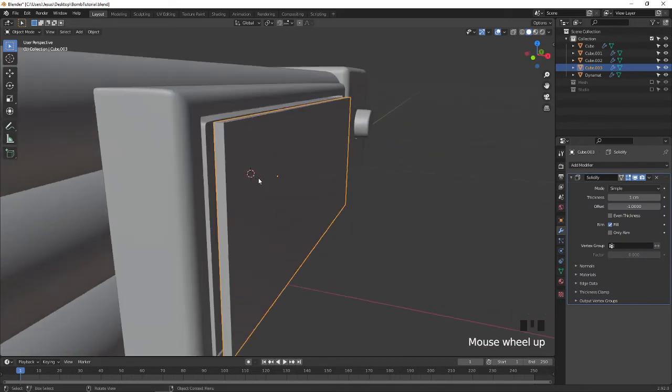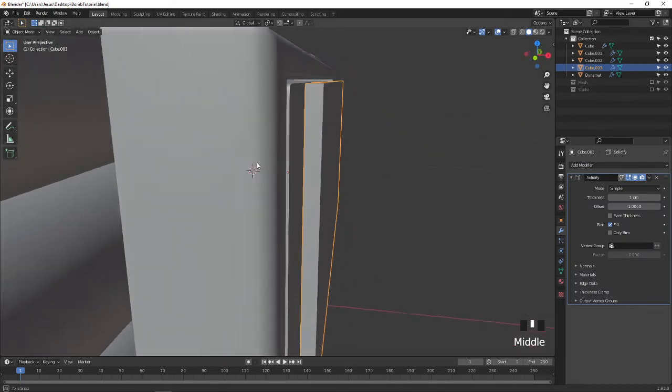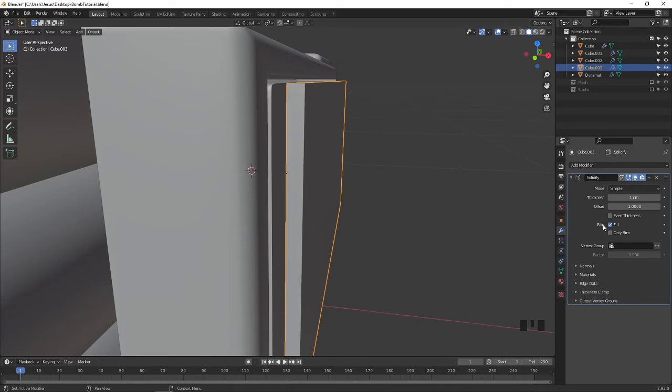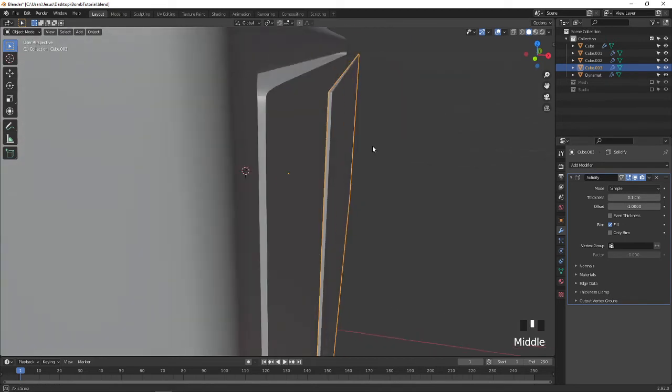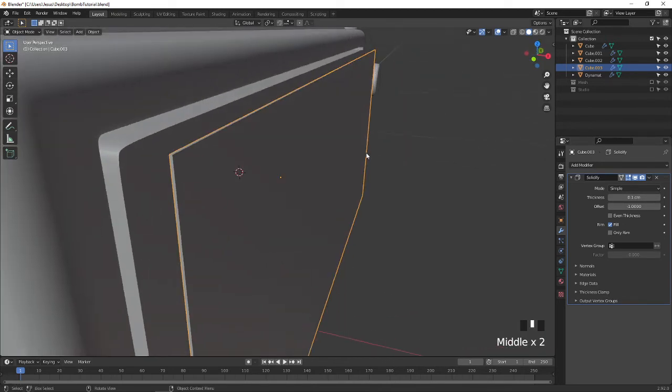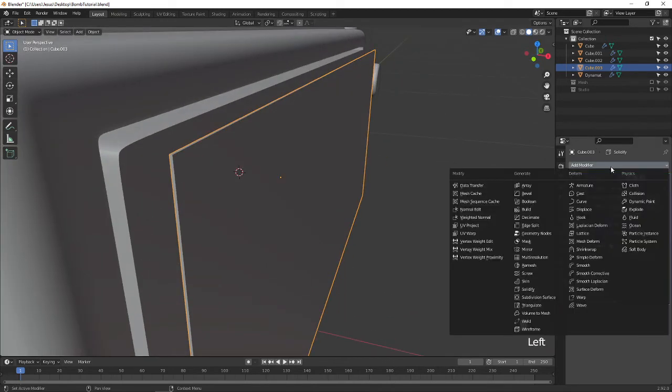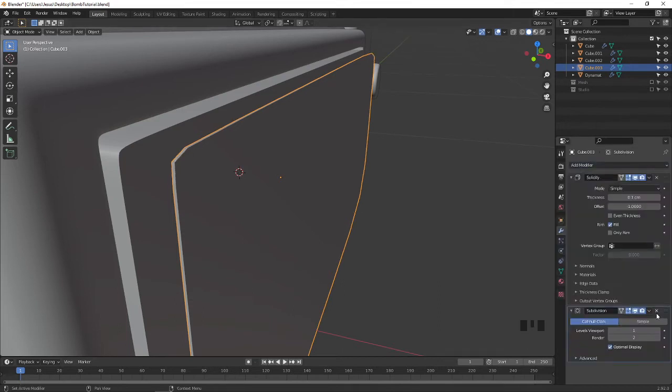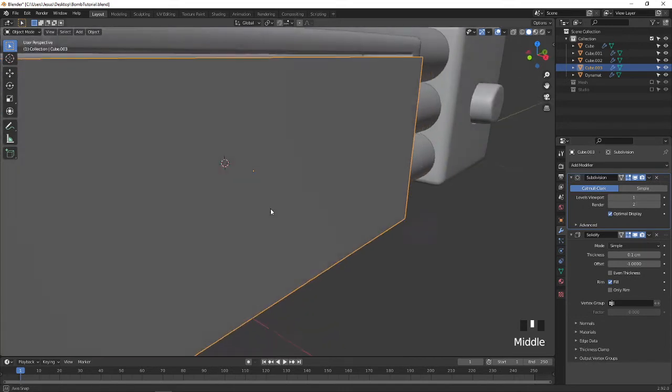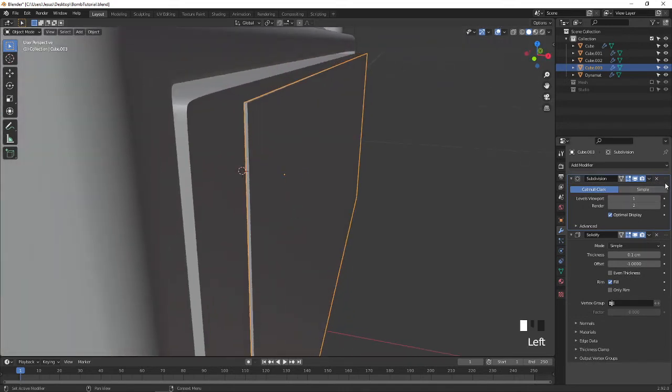Now you can see one thickness is created, and I am going to make it 0.1. Now I have created one thin sheet, and I apply the subdivision modifier again to our upper sides.